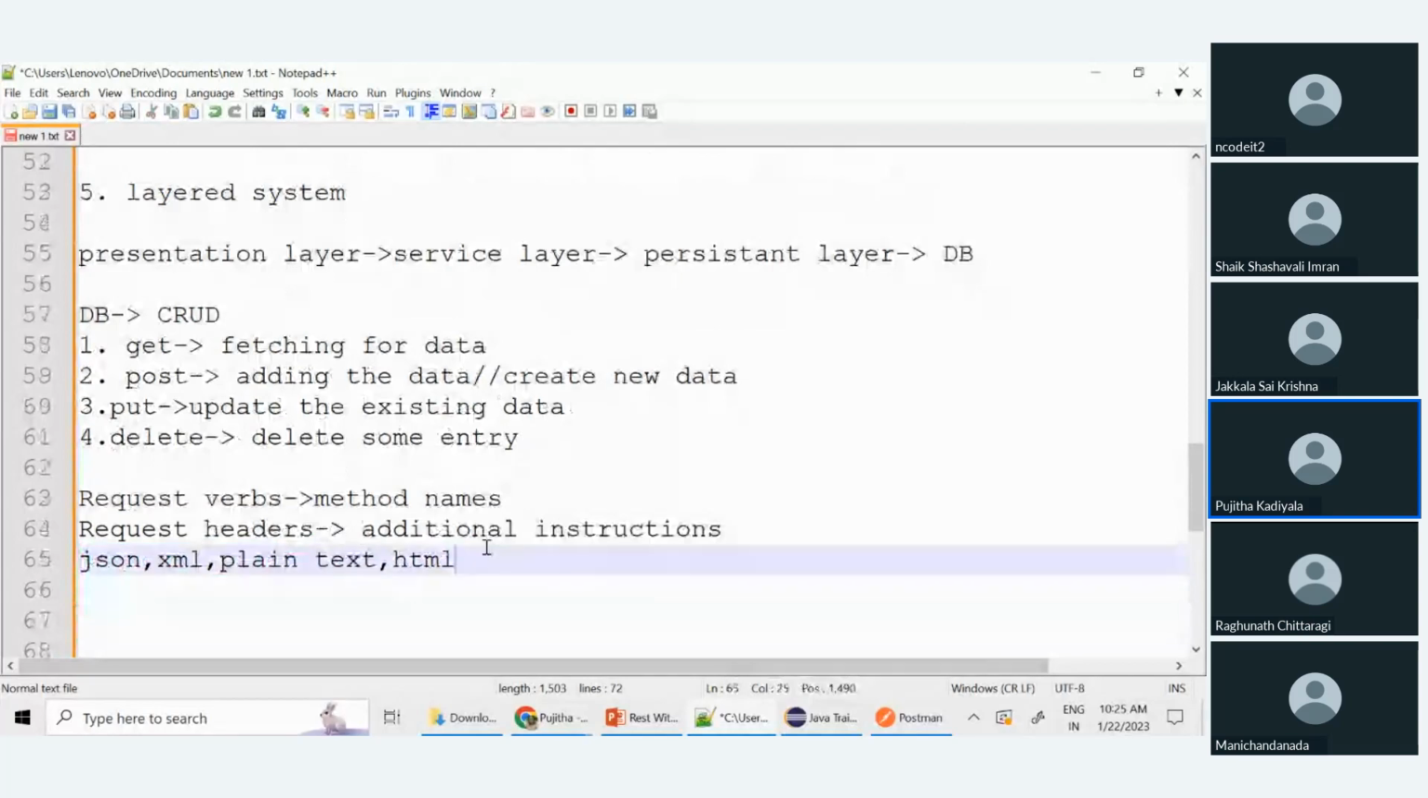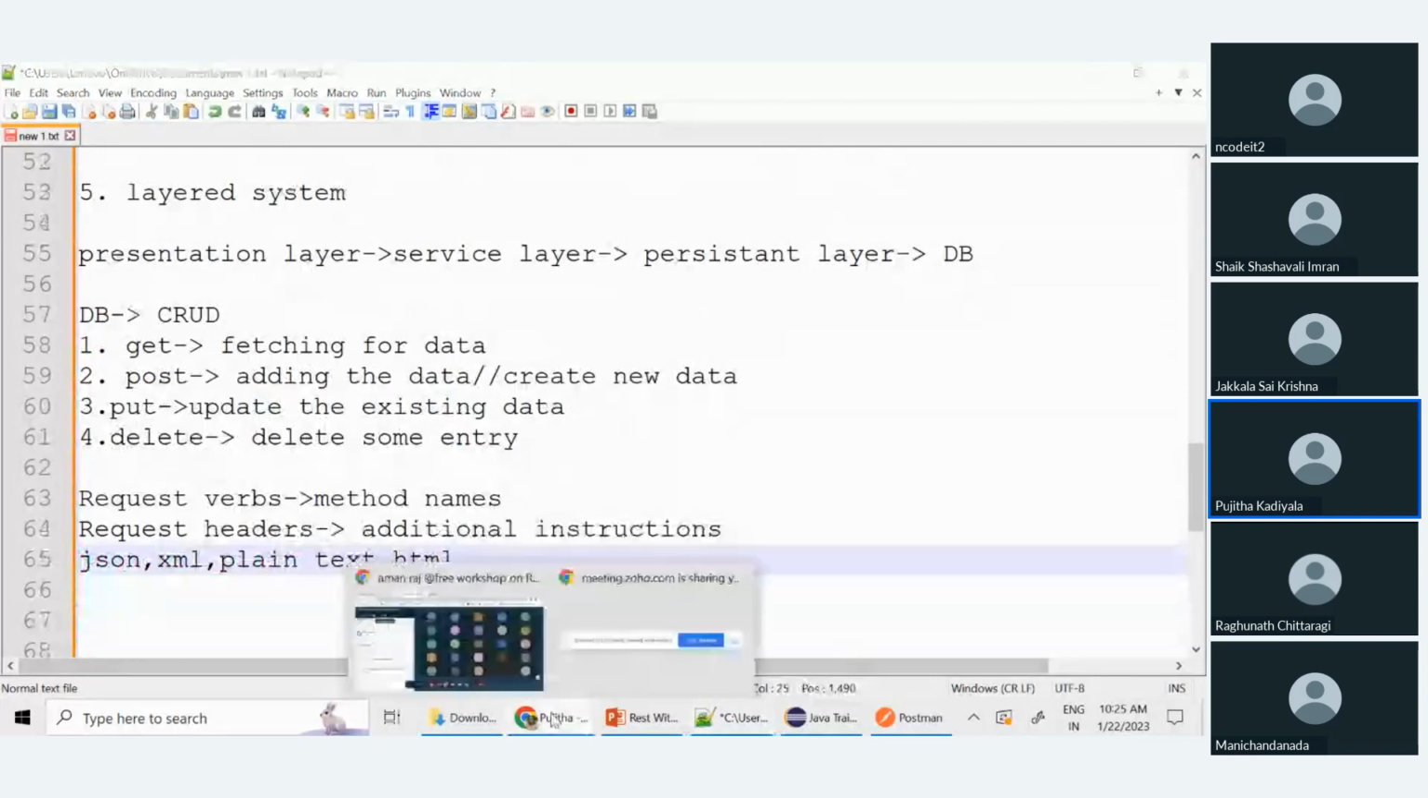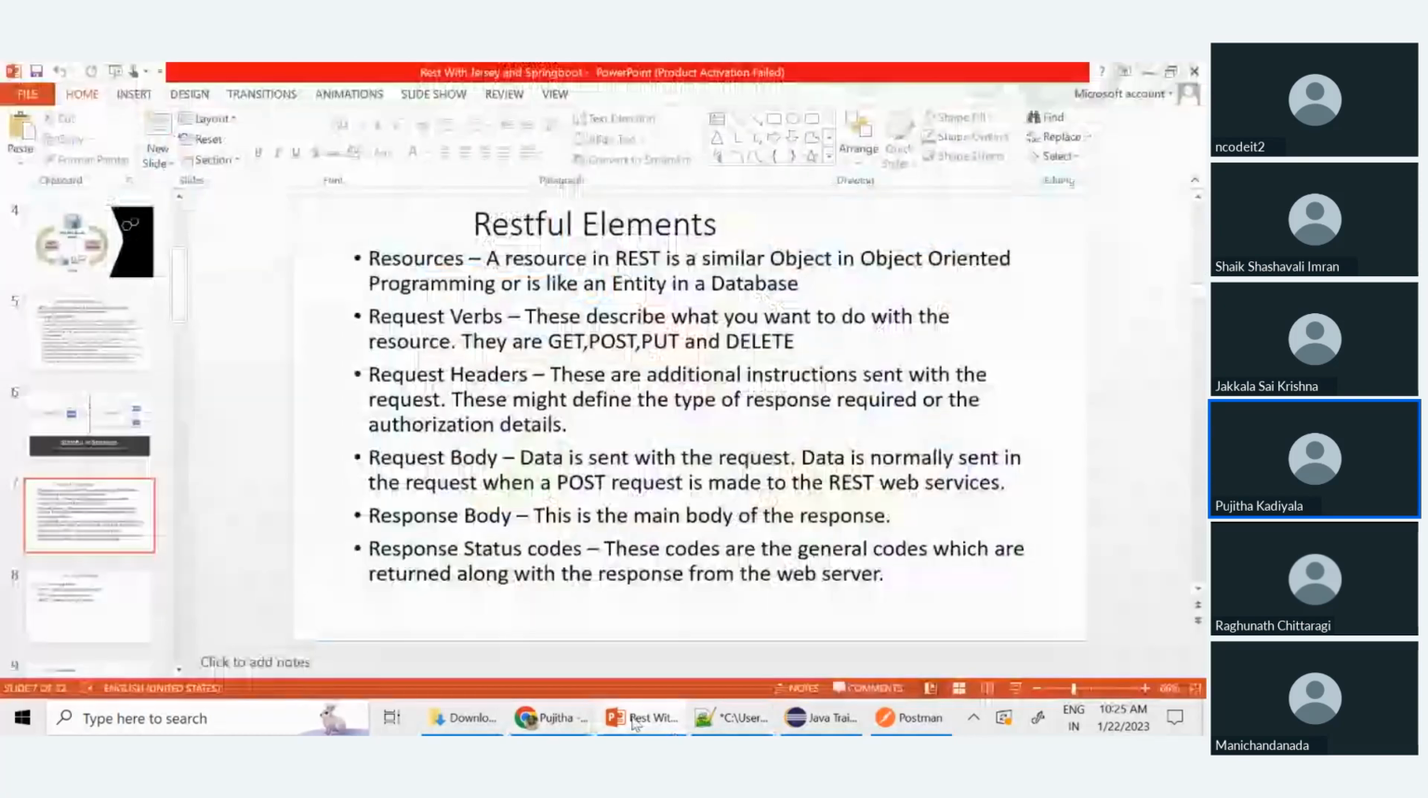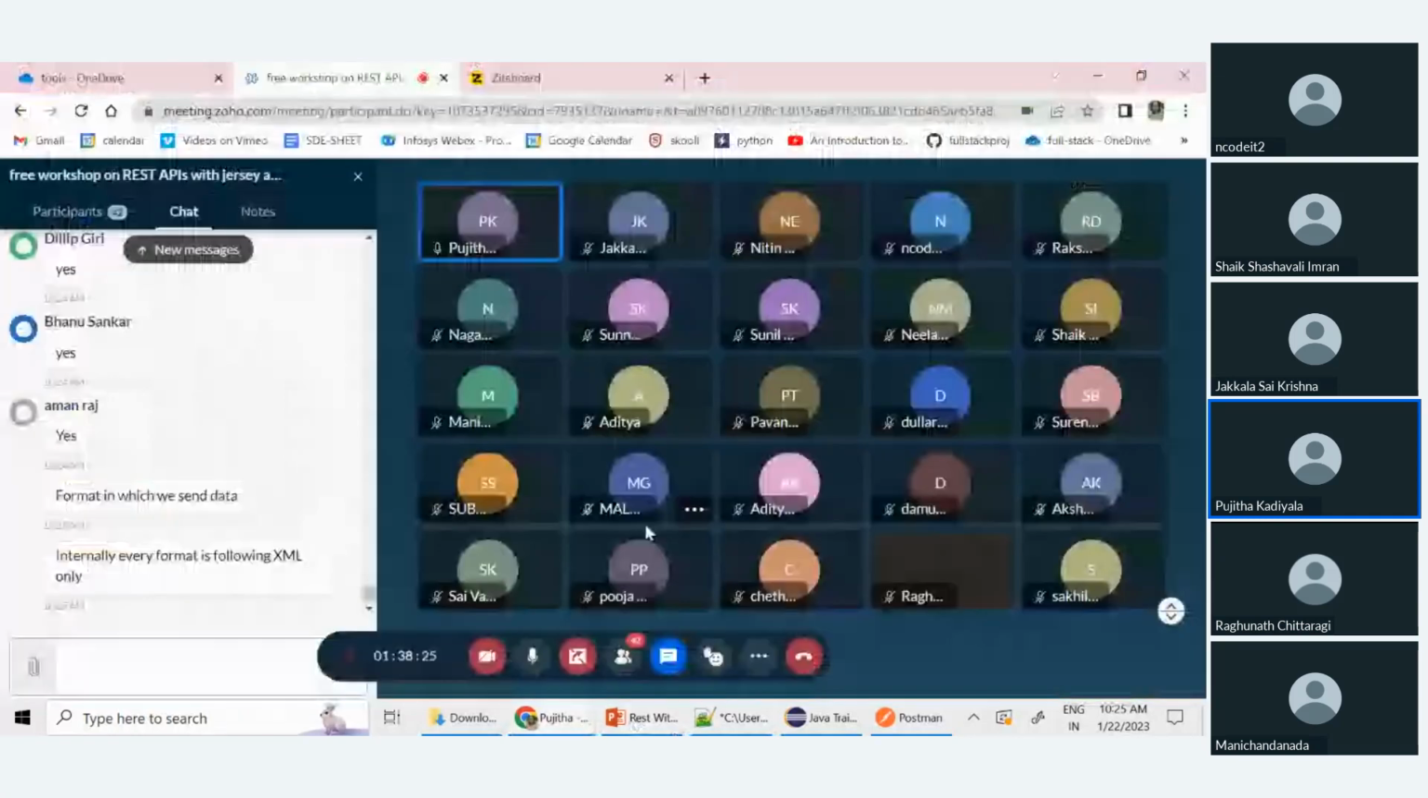I'll show you everything. I'm just now making you familiarize with the terms. I'll show you everything, how these request headers we are going to send. And the other one is request body. Request body means the actual request,